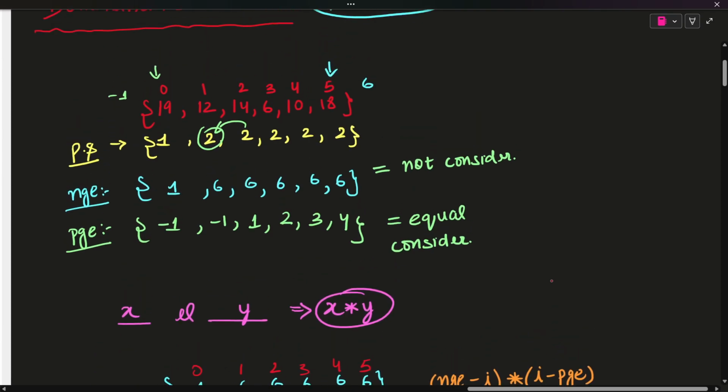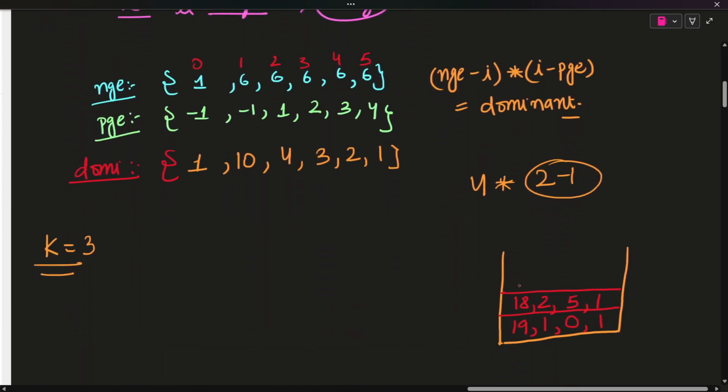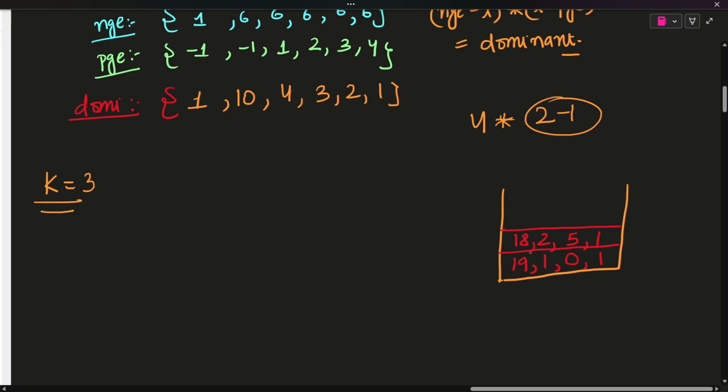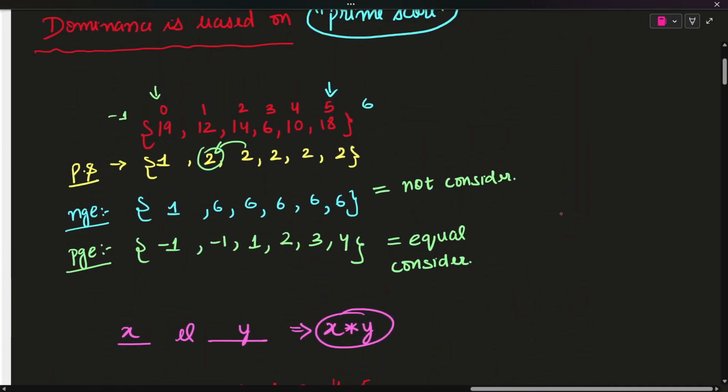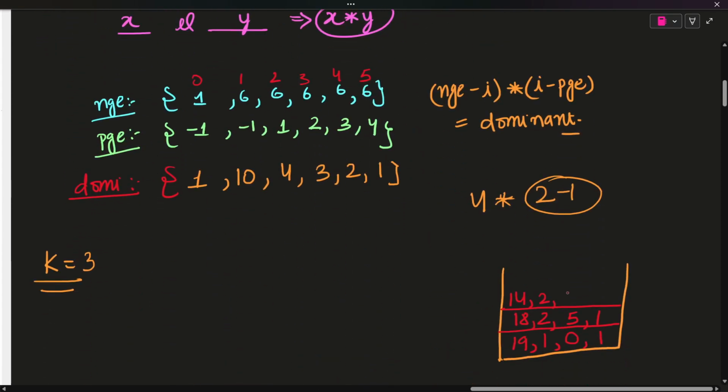Then we will be considering 14, comma 2, comma 1. It's 2, and its dominant 4 times. First, let me just